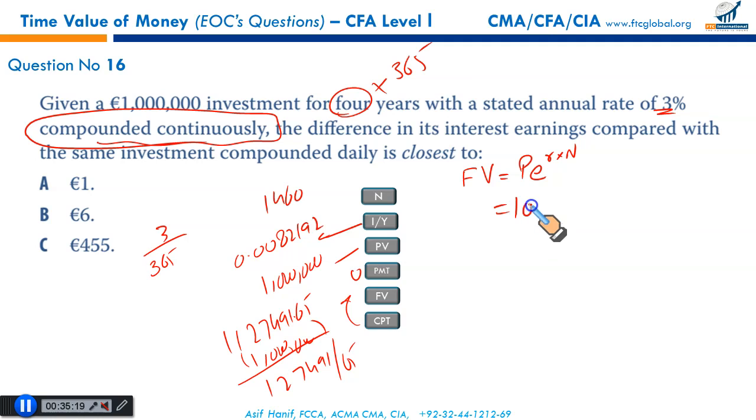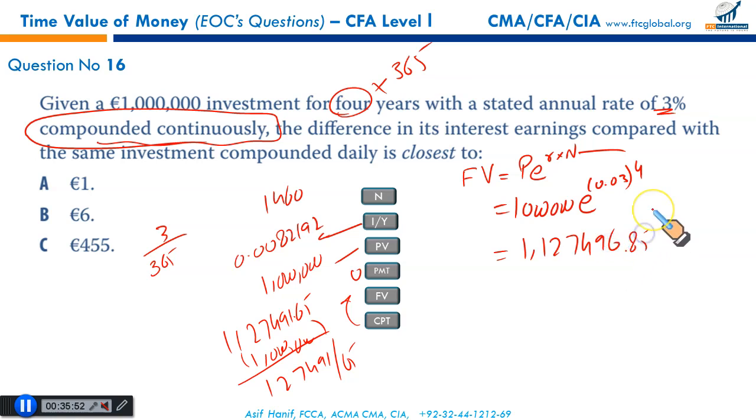The amount is 1 million, e raised to the power, interest rate 3%, that is 0.03. How many years are there? N represents the period, number of years, that is 4. To calculate e raised to the power, in your BA II Plus, multiply 0.03 by 4, then press second and then press ln. That will convert e raised to the power 0.03 times 4, and then multiply the result by 1 million. You will get